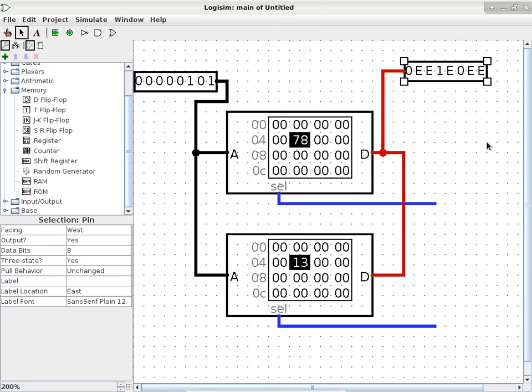The top chip wants to output a 1, drive the line high, and then the bottom chip wants to drive it low because it has a 0. And that's why you see the 2 E's after the 0 and before the 1, because they cannot agree. And this is a bus fight. And as I said, if a bus fight persists over time, the chip will die. Because usually it's the one that tries to drive it high that will die first, because most chips can drive high with less current than they can drive low.